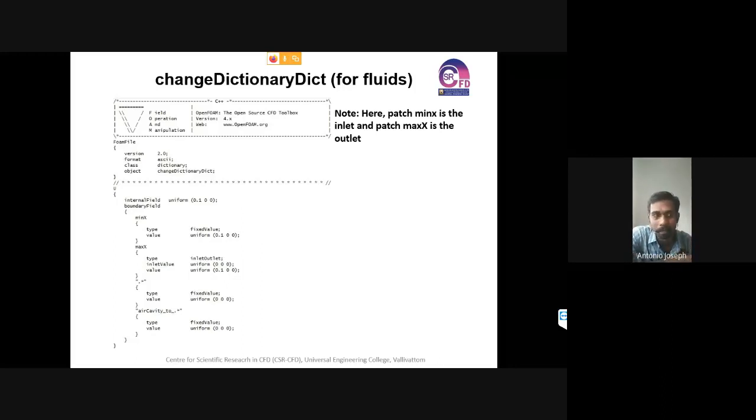If we didn't give the command air cavity to, that's a connection that we are showing, between air cavity and a patch called left solid. So these 2 patches have a connection, and I am specifying that using the command air cavity to. That's how we are mapping the patches.